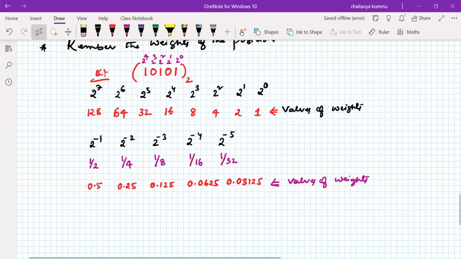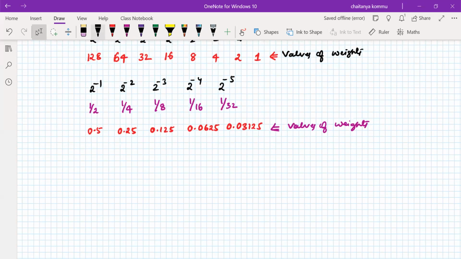So whenever you do some kind of manipulations or operations, if you want to find out this value, you can quickly understand. For example, 101, what is this value in the decimal number system? Immediately you can understand that this is 1, this is 2, this is 4. So we only have to sum the weights, except 0. Therefore 4 plus 0 plus 1 is 5. So 101 equivalent in decimal is 5.